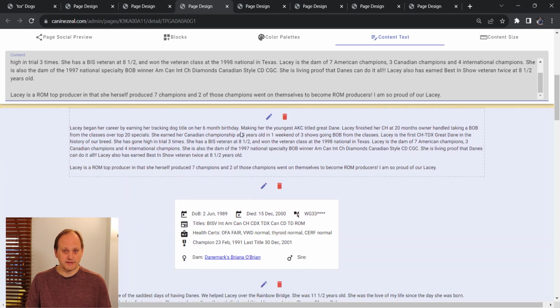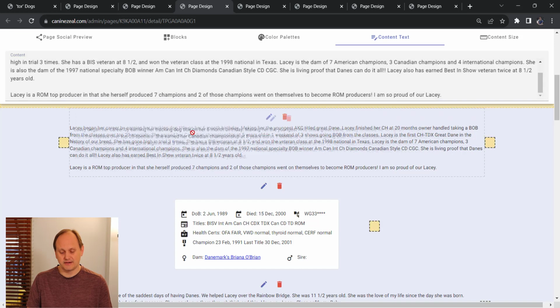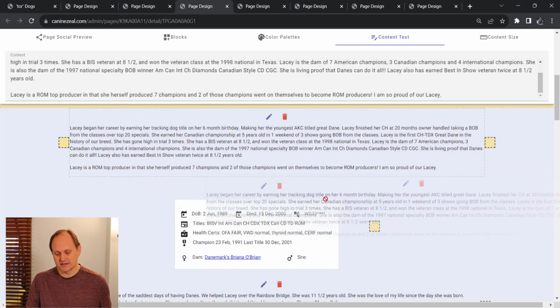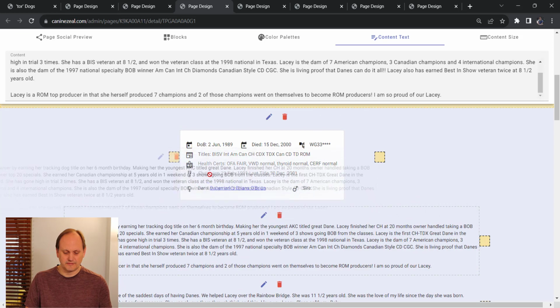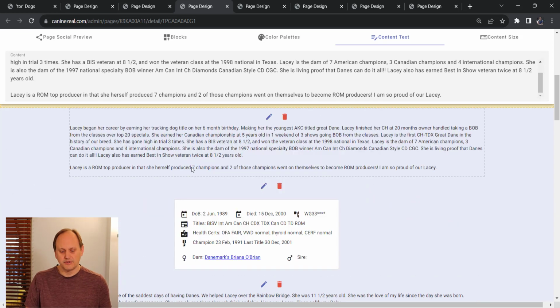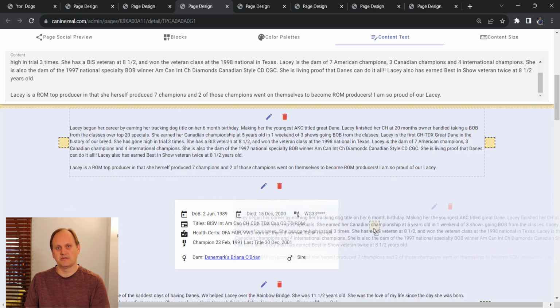Now say that I wanted this in a different spot. I can click this content and I can drag it. So I can say, you know what, I really want it after that box. Well, I can click it and drag it to the box after that, and now it moved down. Like, oh, I changed my mind, I'm going to move it back up in front. Now it's back on top. So you just click, drag, and let go in the box that shows where, relative on the page, you